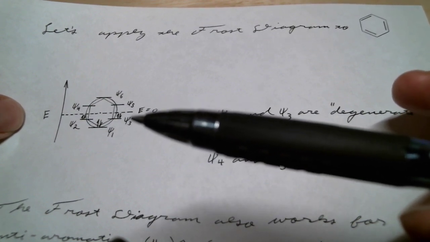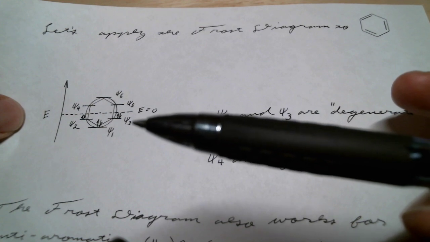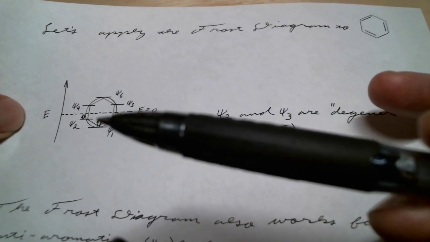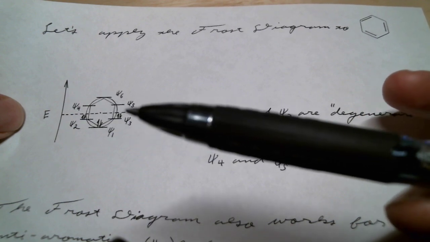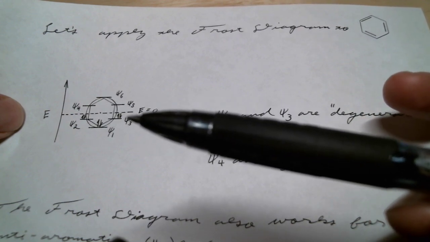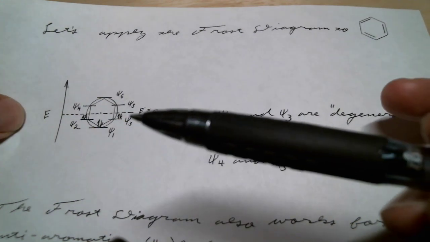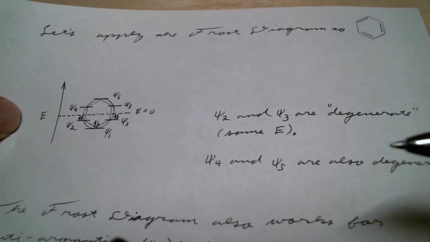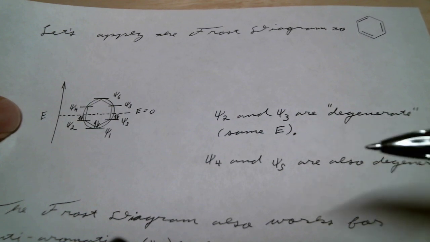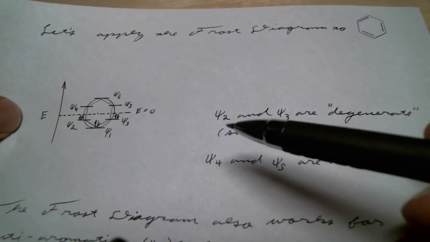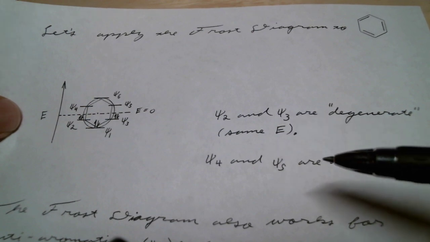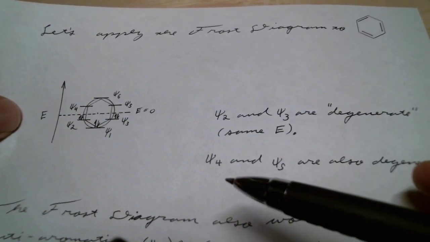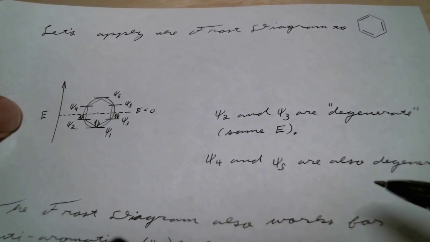and molecular orbitals occurring where each vertex touches our ring, you can see that we have a couple of pairs of molecular orbitals that occur at the same energy. When molecular orbitals occur at the same energy, we say they are degenerate, which is to say they occur at the same energy. So obviously molecular orbitals psi2 and psi3 are degenerate, just as molecular orbitals psi4 and psi5 are